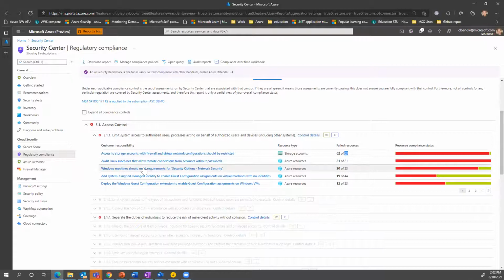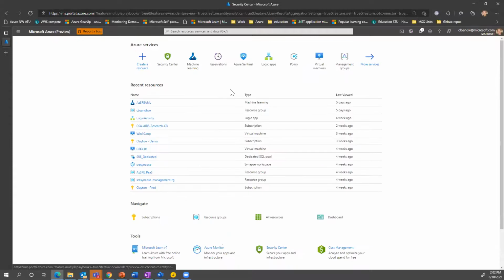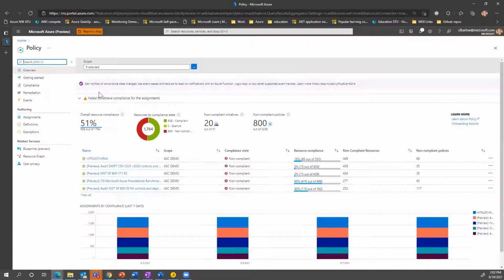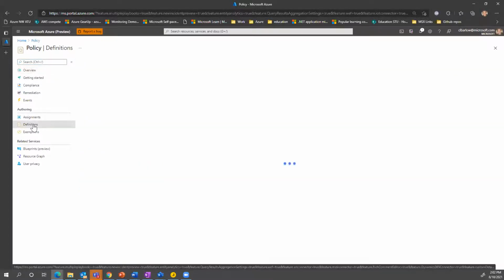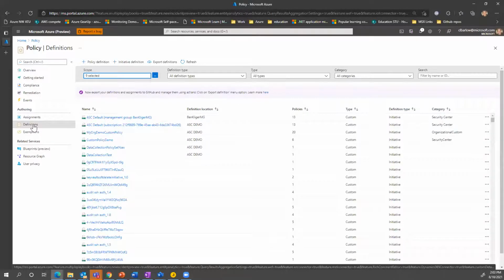And when I talk about compliance policies, I want to jump into policies themselves, so you understand what a policy is. Within policies, again, I can come in and get a quick idea of how compliant I am. You'll see that I have these initiatives, as they're called. I'm going to come down here to definitions and explain what these are. This is important for you to understand when I talk about a comprehensive set of controls, a comprehensive set of tooling from what we have.